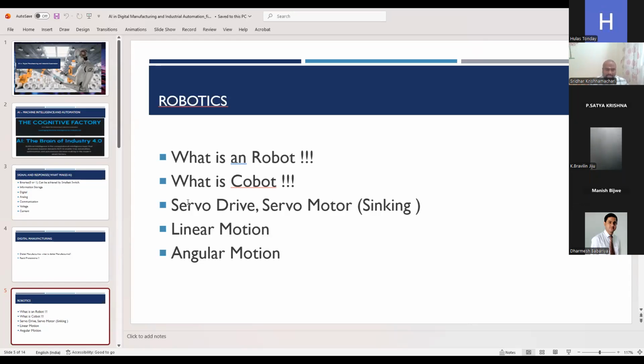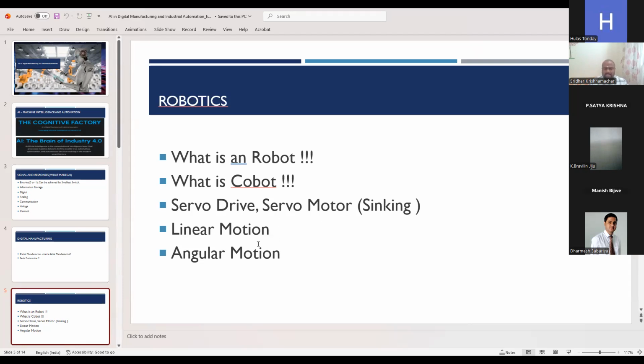So what is a servo drive and servo motor? A servo drive and servo motor will be in the cobot. For example, 6-axis robots will have 6 servo drives, 6 servo motors and encoders. The encoder is nothing but the position of that robot has to be monitored, right? That will be monitored by the encoder. It will show at what position it was, and the servo drive is nothing but giving the command to the servo motor. The servo motor will form the compilation from the servo drive so that it will reach the axis as per the command that has been given.